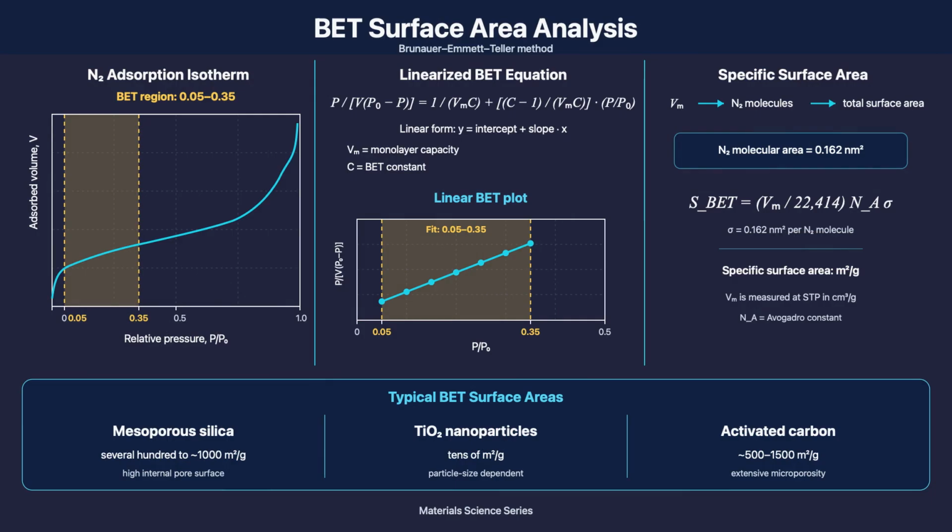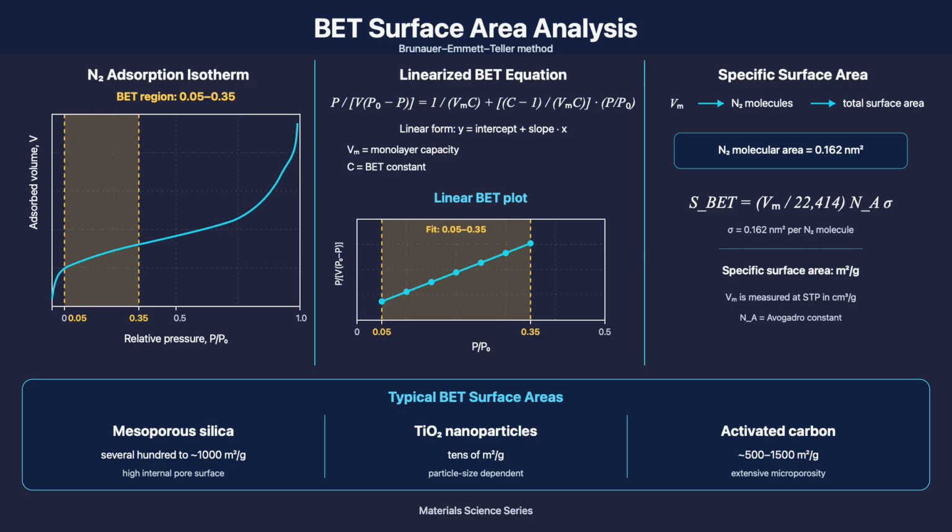BET analysis measures specific surface area from gas adsorption, typically nitrogen at 77 Kelvin. As relative pressure increases, gas molecules adsorb on the surface in layers. The BET equation describes multi-layer adsorption. P over V times P naught minus P equals 1 over VmC plus C minus 1 over VmC times P